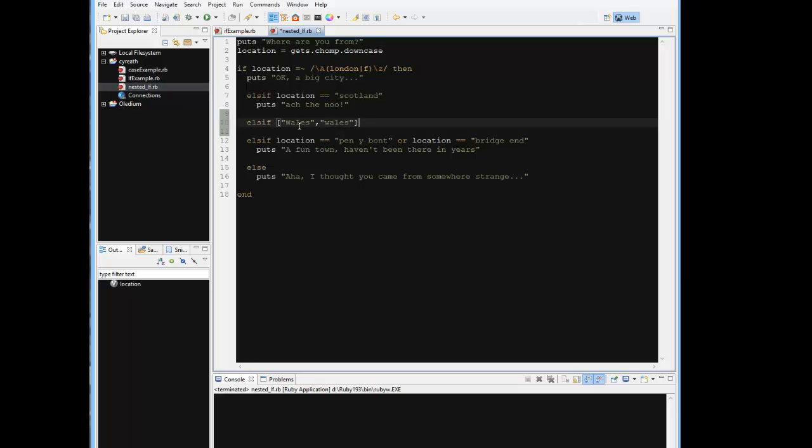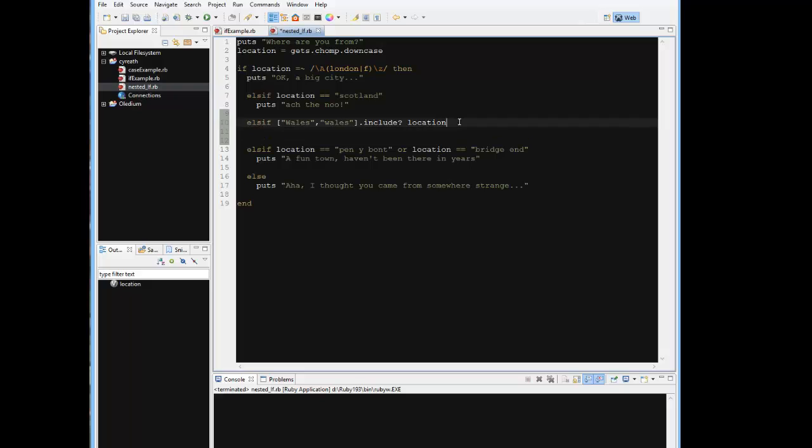Oops, there we go. And dot include. I'm sure you'll remember this syntax. Location. So does location include either of these? And if that's true,